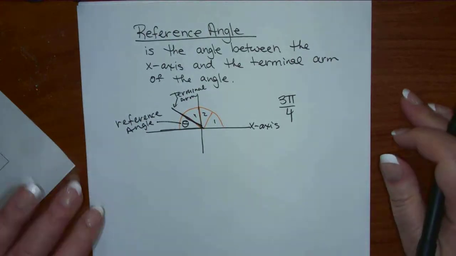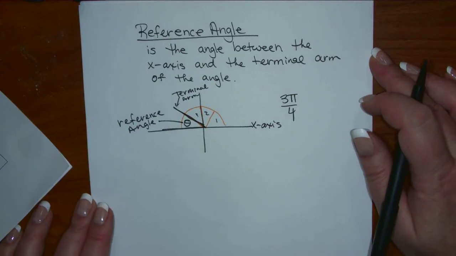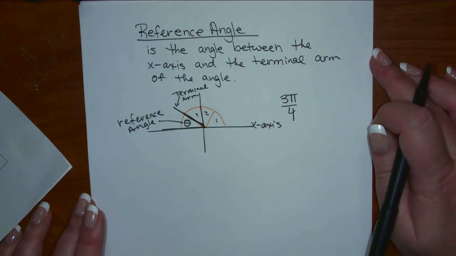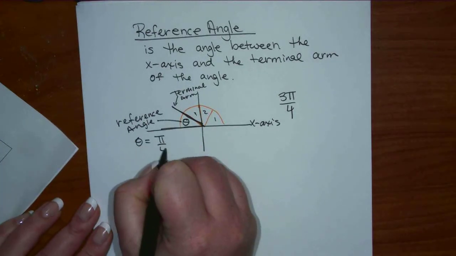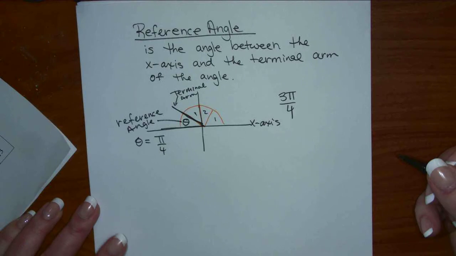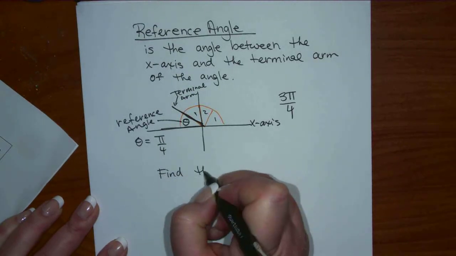So there it is, I just put a little theta. So what size is that piece of pi? 1/4. So the reference angle here is pi over 4. All right, let's draw one more. So find the reference angle